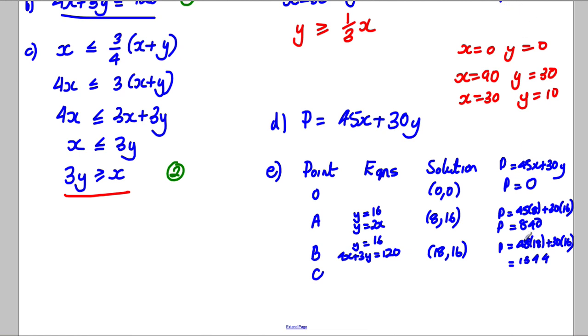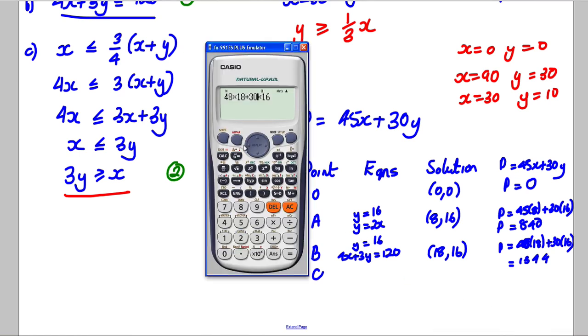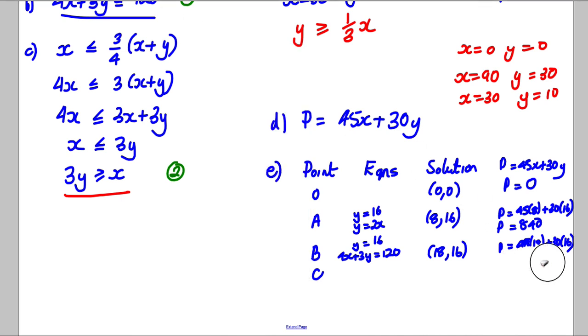Sorry, I've made a mistake there. I should go back here. That wasn't 48 at all, that was 45. And there we go, 1290 instead. So that was 1290 there. So I'll rewrite that. The profit was 45 multiplied by 18, add 30 multiplied by 16, which was equal to